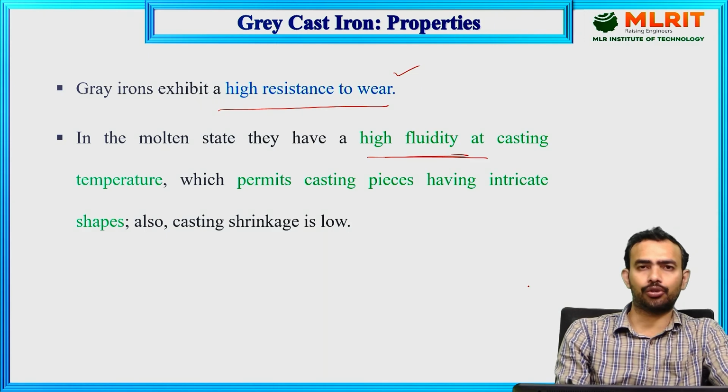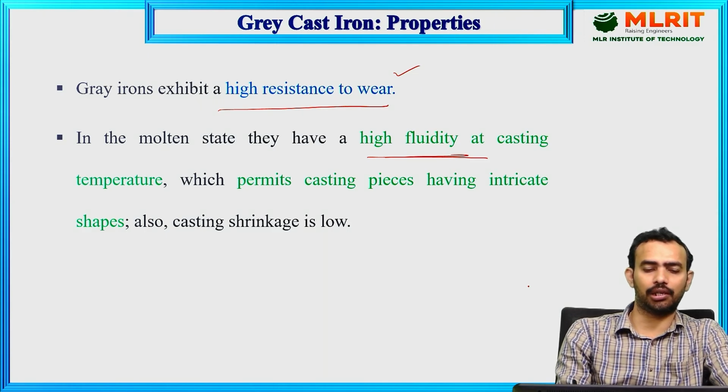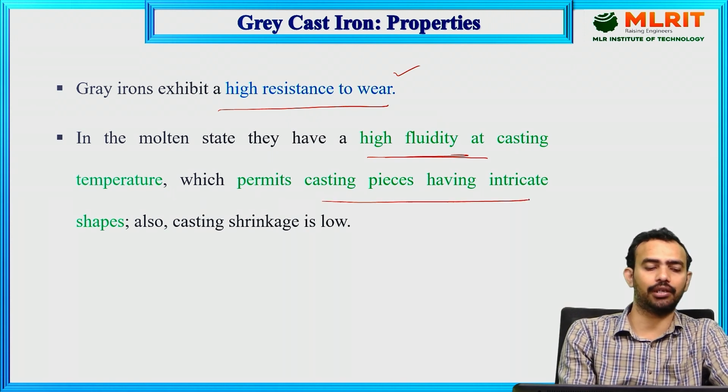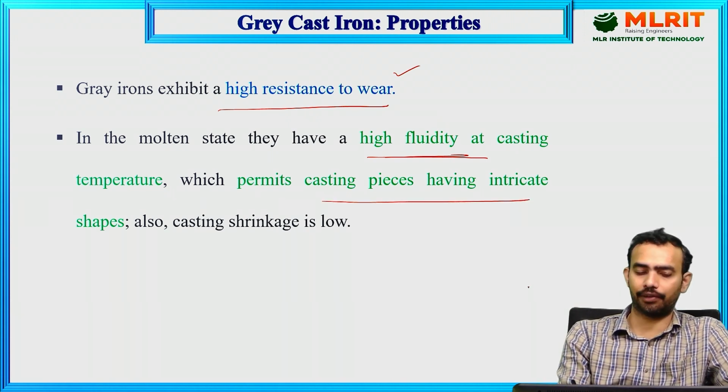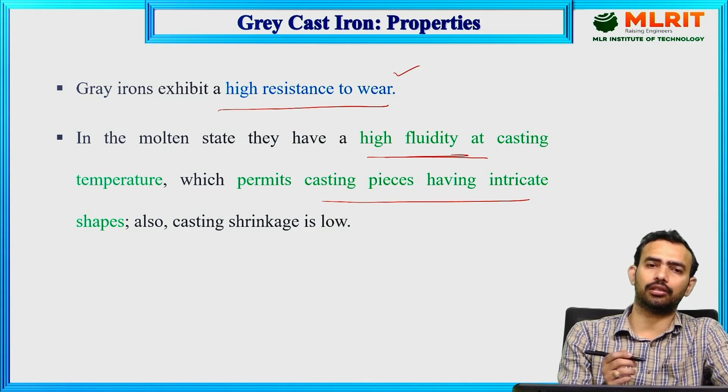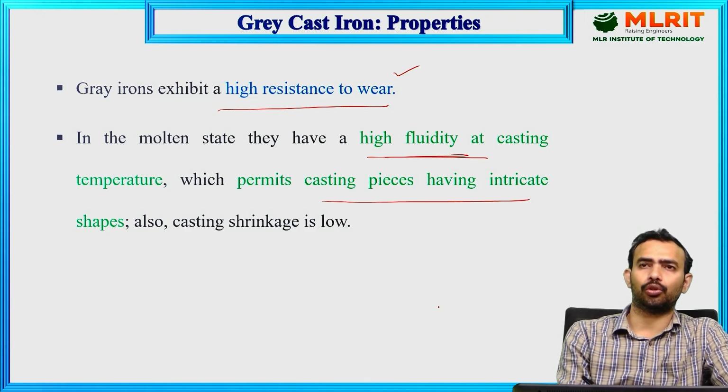So it offers excellent castability also, because of this high fluidity, which permits casting pieces having intricate shapes. If you have complex shapes, because of the good flowing characteristics, the molten iron will fill all the complex shapes, and so